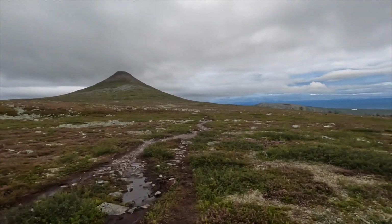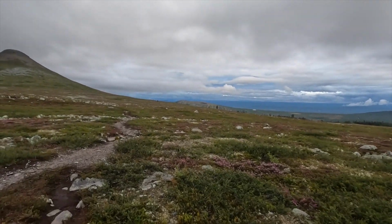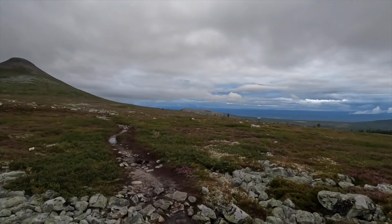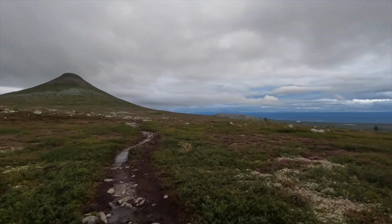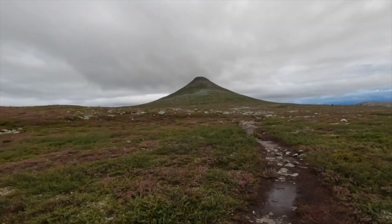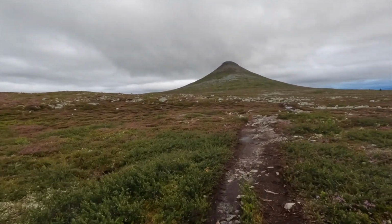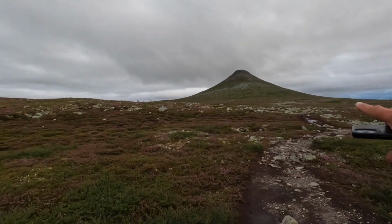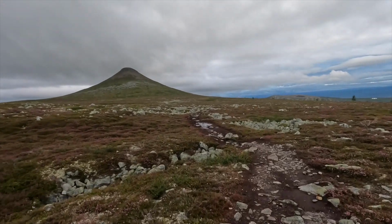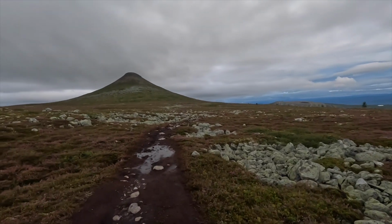Just for your info, as we have some reindeer running around here, here we are some 17 kilometers in, and we have to climb up to the saddle of the mountain behind this cone we have in front of us, and then run down the hill all the way to the valley between this mountain and that one down there, the little hill which is Idre Fjäll, and then go around that mountain and climb it from the back to finally